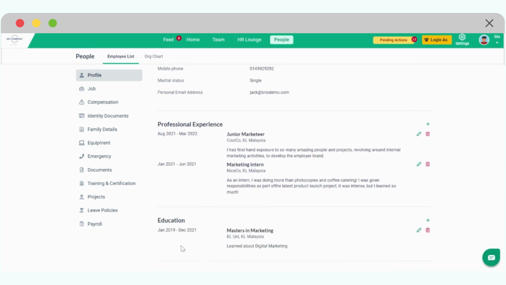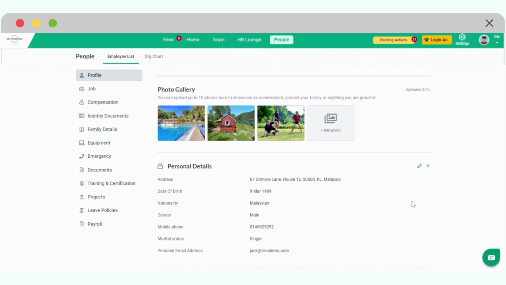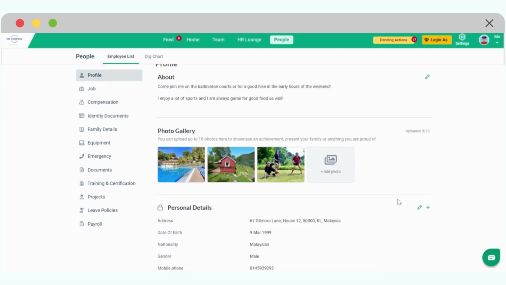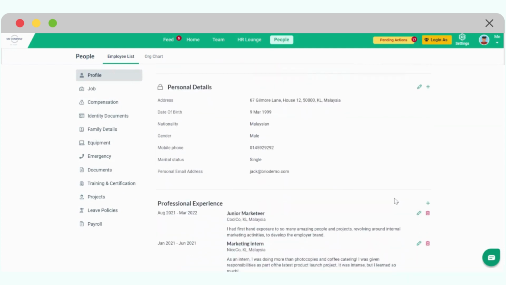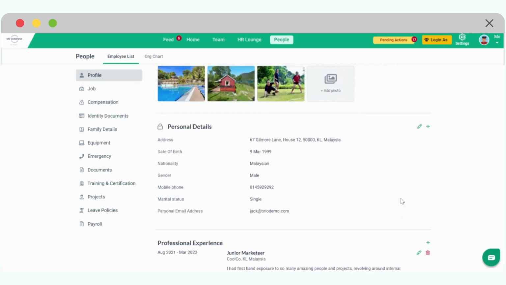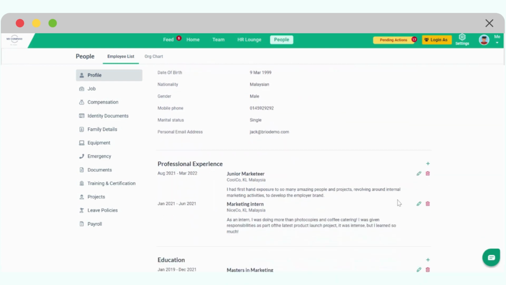Below will be your track record in terms of professional experience prior to joining this company, as well as education. As you can see, there are a few symbols here that allow you to edit the information and to perform additional actions. Your ability to see these symbols and then to click on them in order to edit some information will depend on your user access rights. In some companies, some of the fields are restricted so that only HR can edit them, whereas others might be accessible for you to update directly.